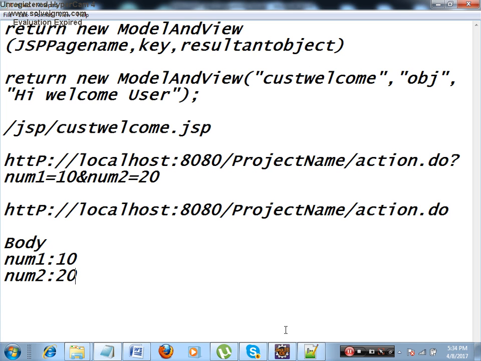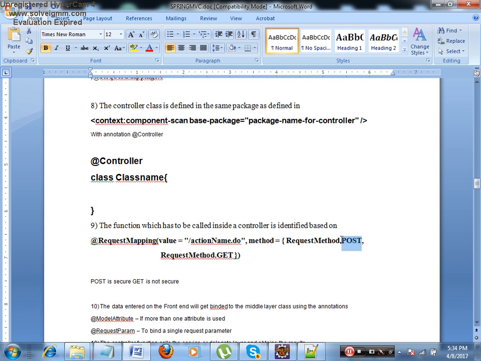So that's why we have request method, post or get. Now my question is, if I open a page now and tell you, can you identify which function of a controller will get called, what is the answer you will give? I'll give you a front page. Now I want to know which function of a controller is getting called. How can I identify that?